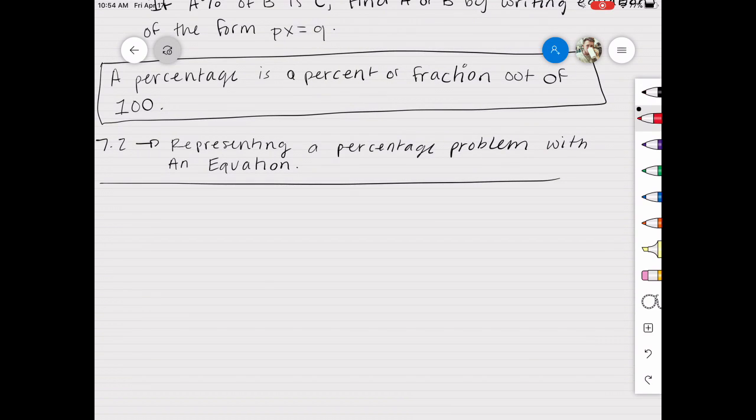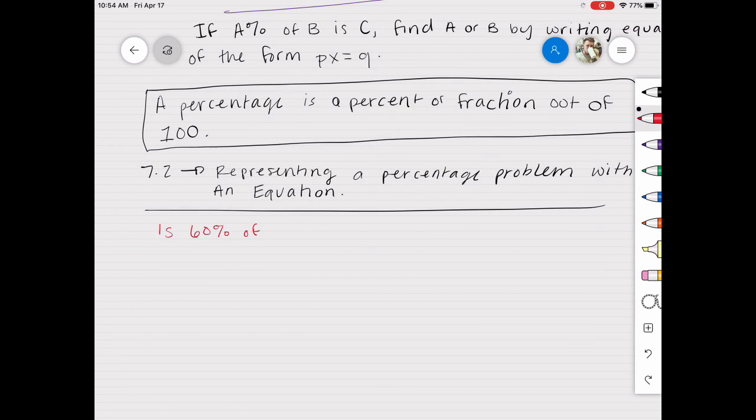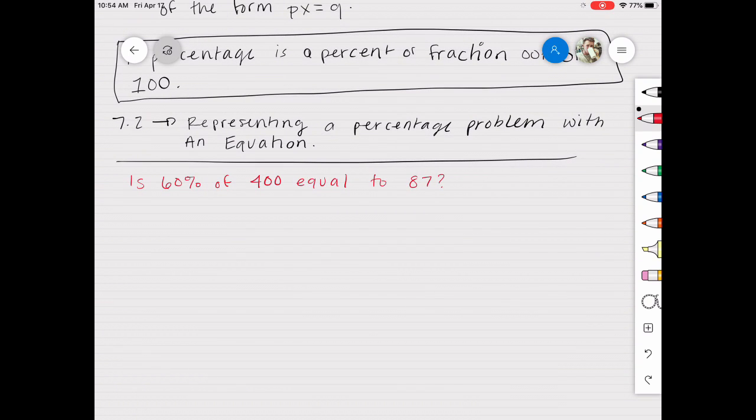So what we're going to be doing is looking at two problems. Each problem is going to be asking, is a percentage out of a number equal to 87? And we're going to do some math to figure that out. So, is 60% of 400 equal to 87? We're going to be saying, is 60% times 400 equal to 87? I'm going to already tell you the answer is no, but let's work together to figure out why